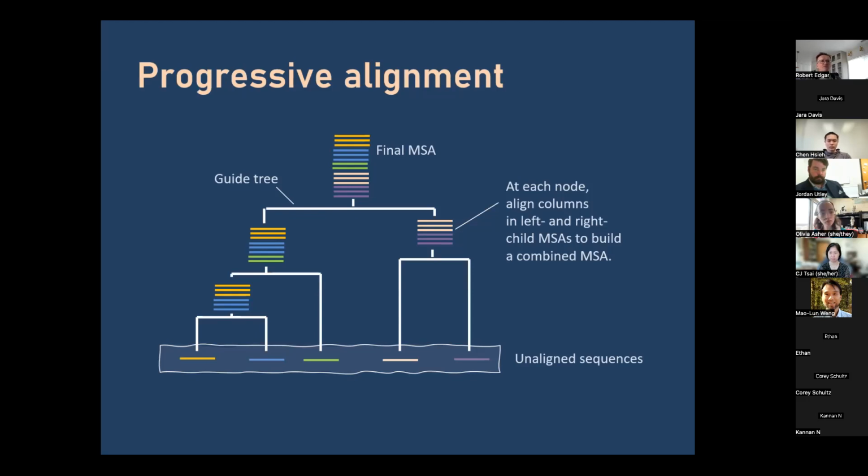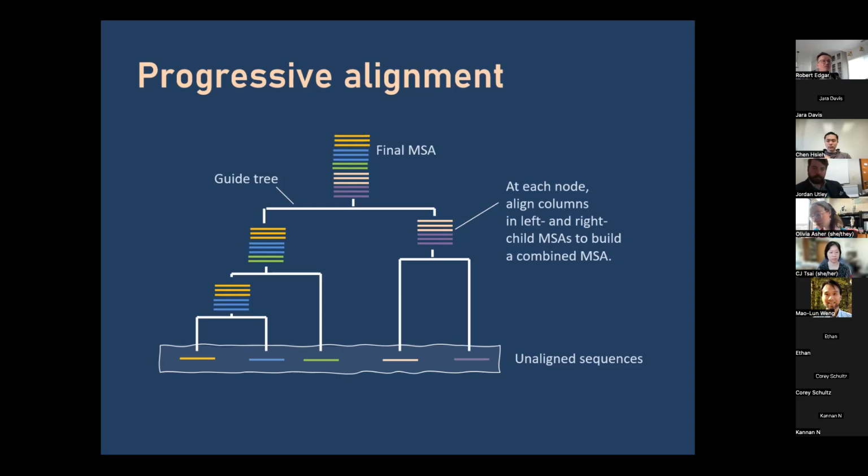The answer is that essentially every popular method, whether it's MUSCLE, ProbCons, or MAFFT, assembles the final alignment using a strategy called progressive alignment. The way this works is at every step you do a pairwise alignment. When you start at the very beginning, at the bottom of the tree, you have individual sequences. And as you work your way up the tree,